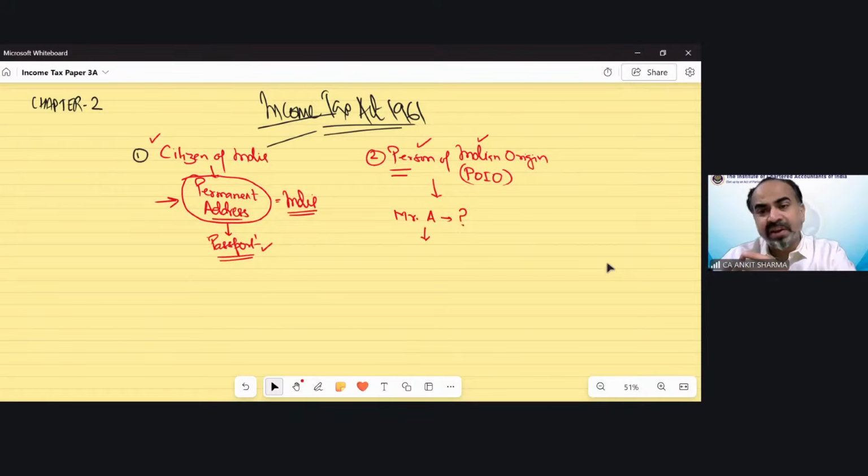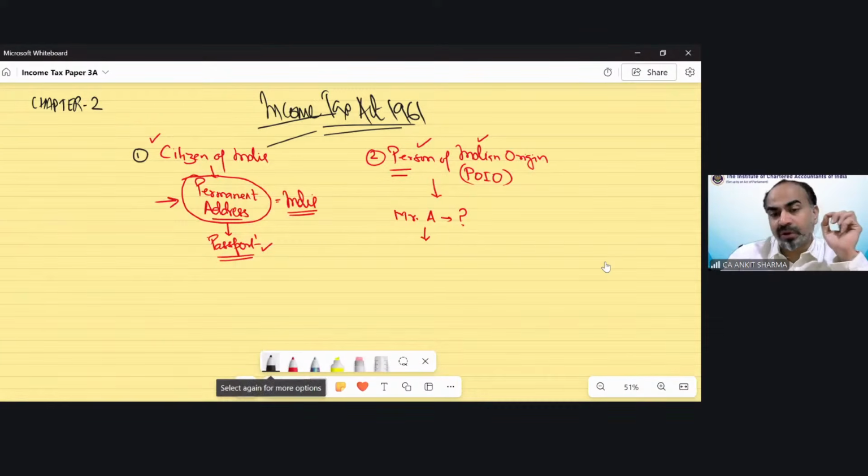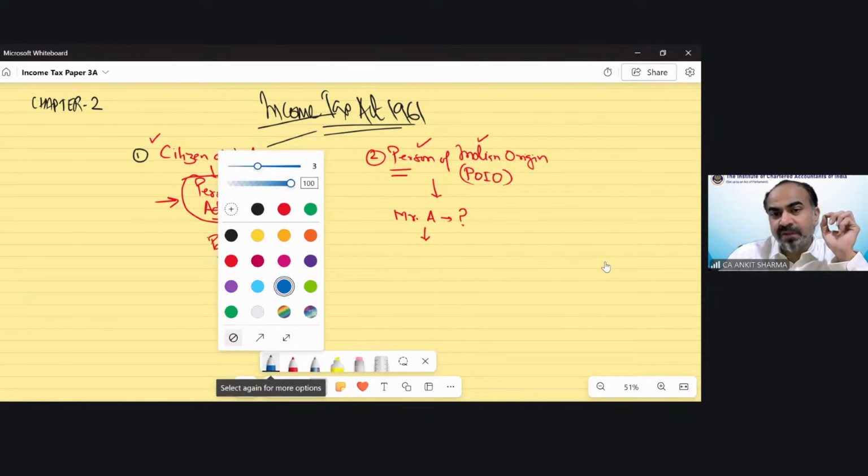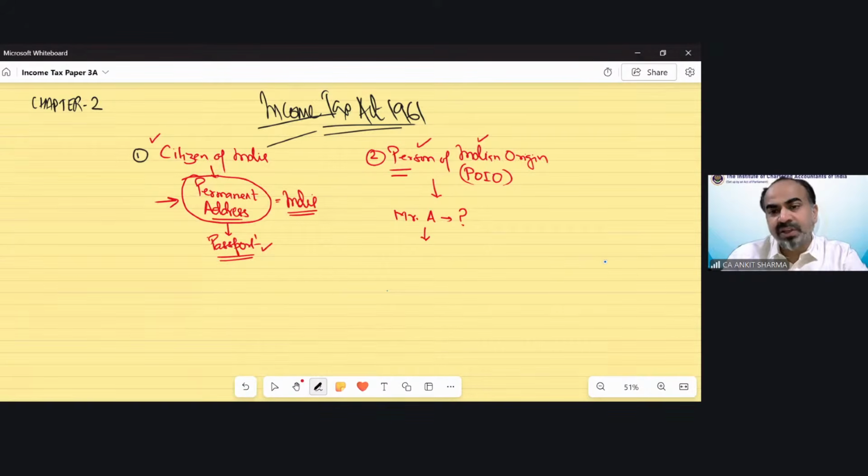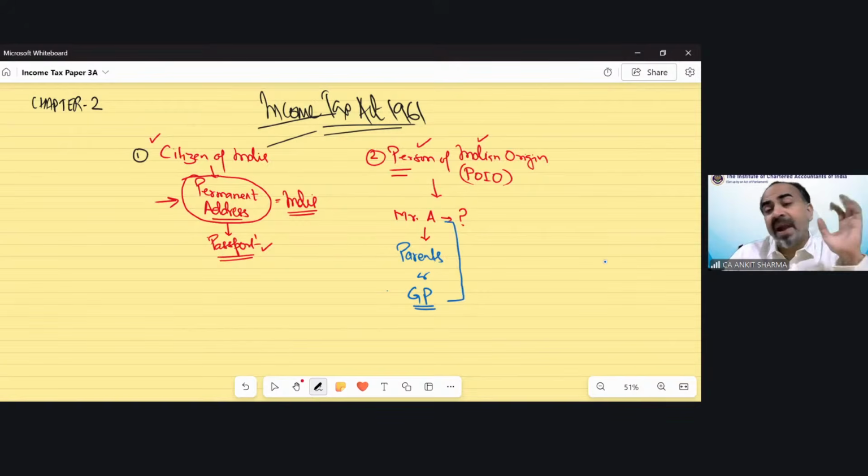So, person of Indian origin, or in short, PIO. This is also a very new term in this chapter. If we need to know whether Mr. A is a person of Indian origin or not, we have to check this condition. The condition says you have to find out whether Mr. A or their parents or their grandparents, any one or more of them, is born in